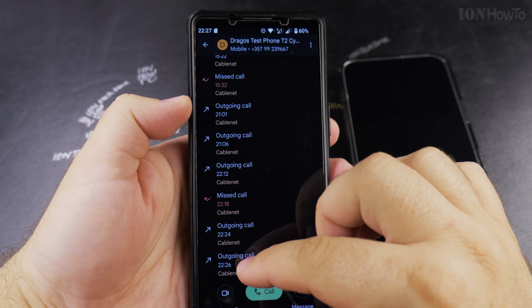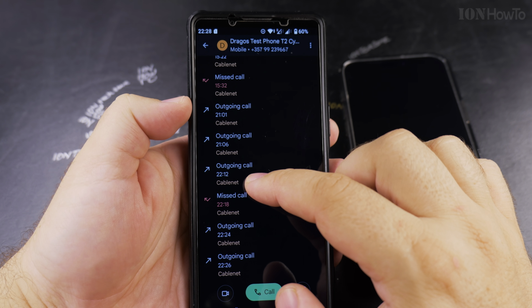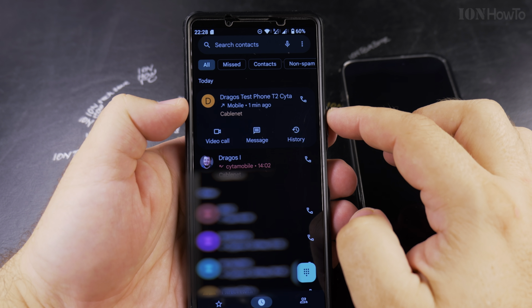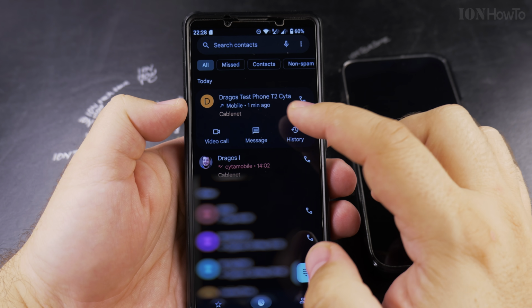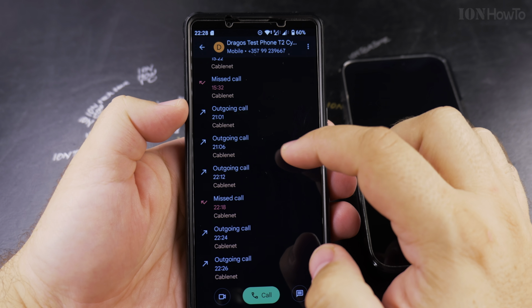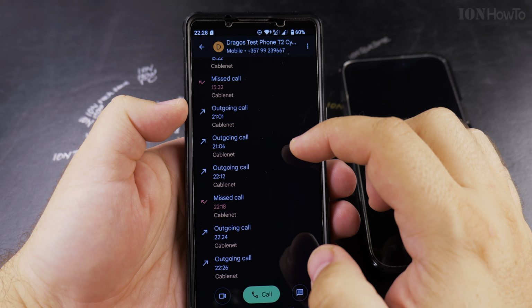Each time you have a call, in the call history you also see the label, so you know at which time which SIM card was used to make that phone call. From here you can see the time and the label of the SIM card that was used